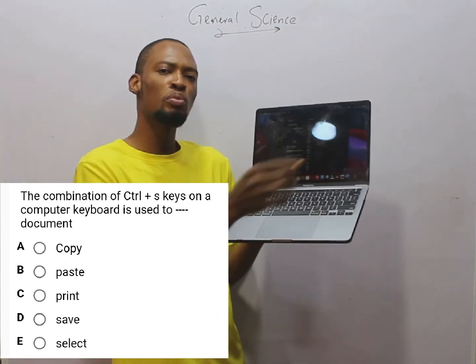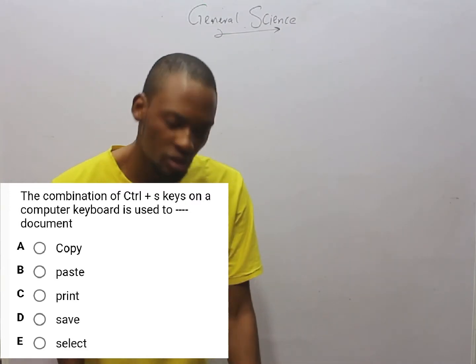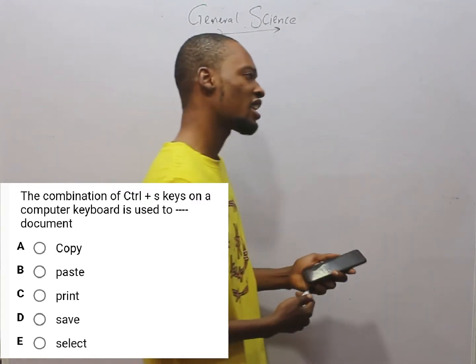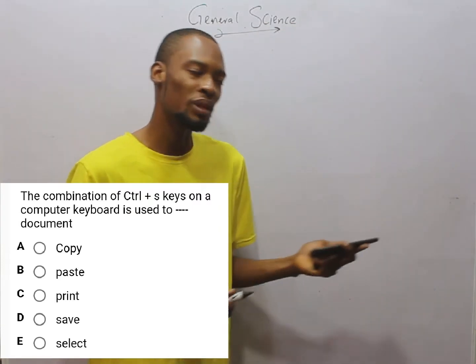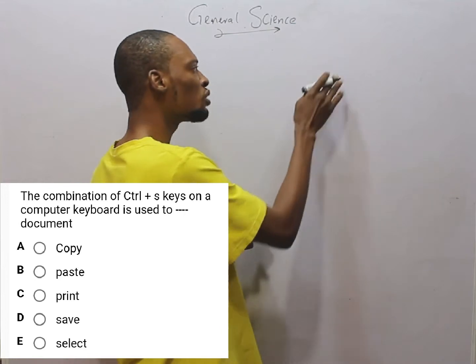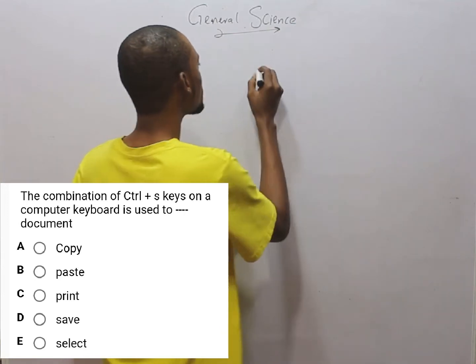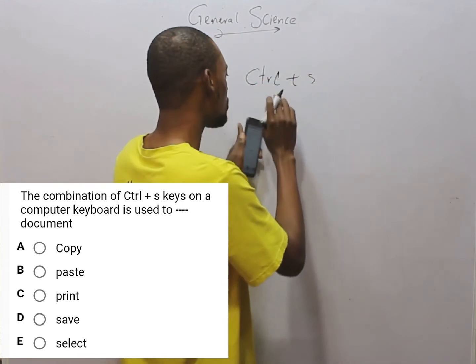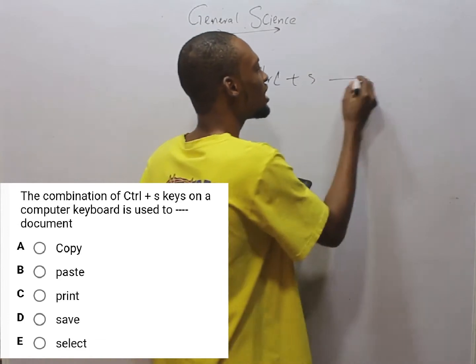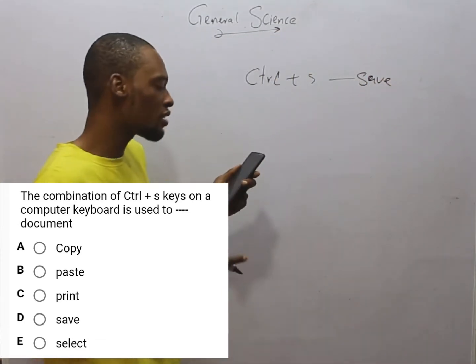Now, combination of keyboard can be used. We call that shortcuts, laptop shortcuts. What does that do? If you are typing a document, let's say you are using Microsoft Word, which is an application, or you open files or folders. When you press Control key plus S, Control S, what happens? It will save. Control and S will save.